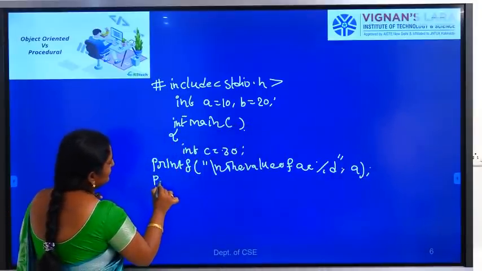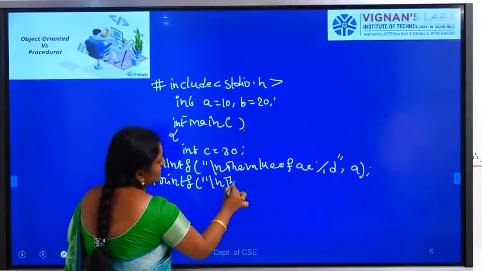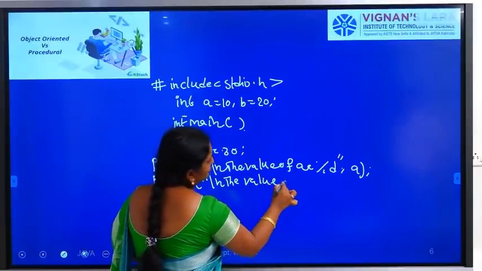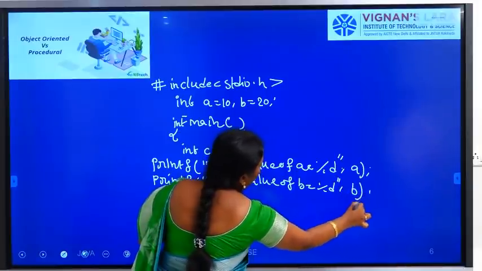Next, in a similar way we have to display the b value on the console. So printf slash n the value of b equal to percentage d comma b.